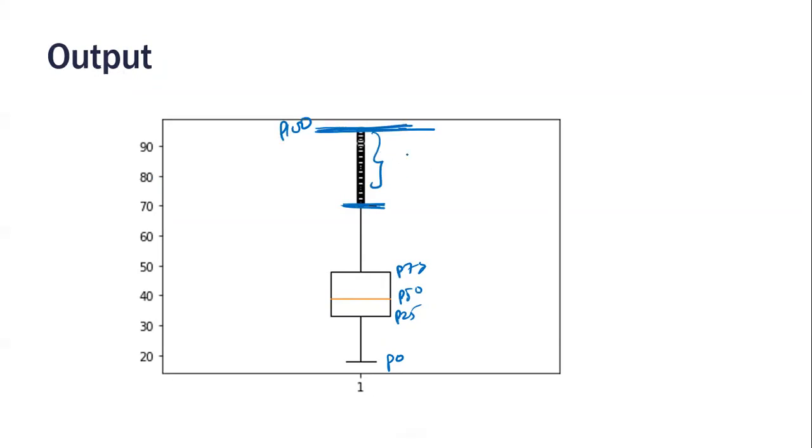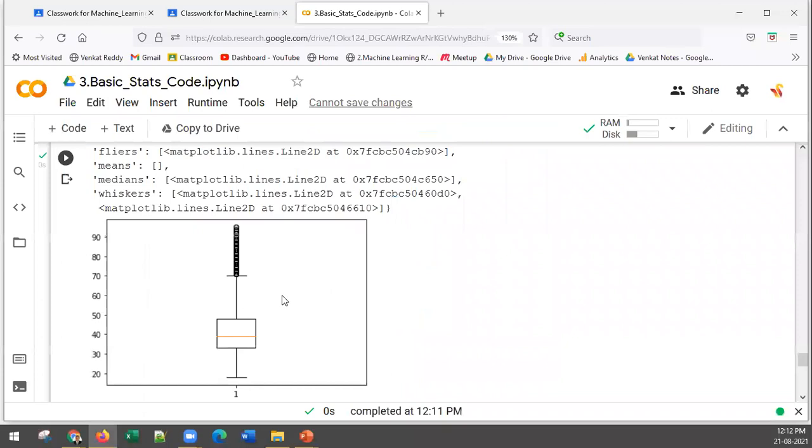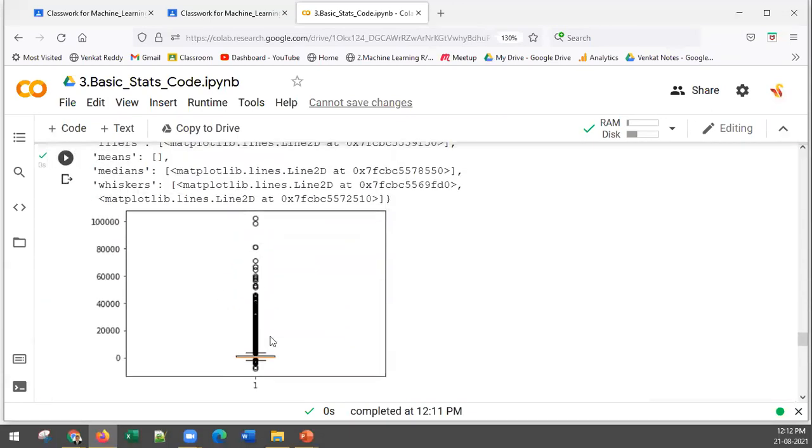These are the suggested outliers. Based on some internal metrics, it has calculated suggested outliers. Age has outliers, but comparatively, balance definitely has outliers. Maybe age beyond 70 can be considered as outliers, that's what Python is suggesting. But compared to balance, if you go to balance, that is pretty bad. Here, it looks like a lot of outliers are there.